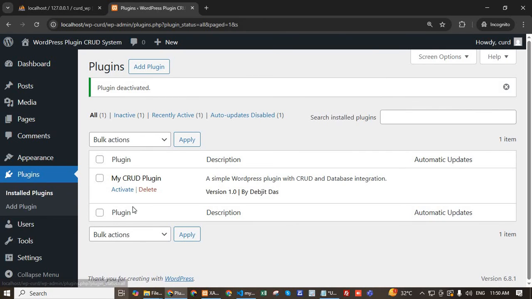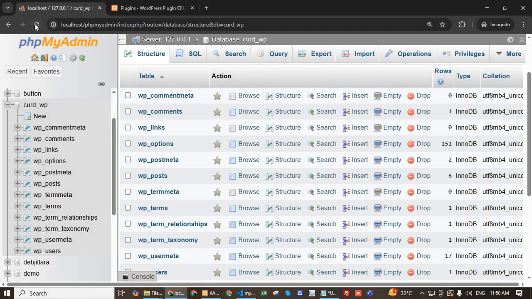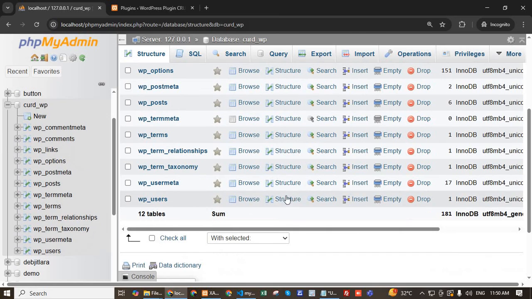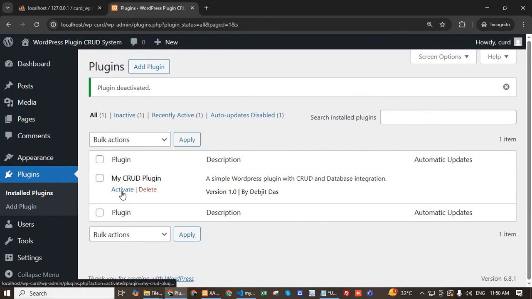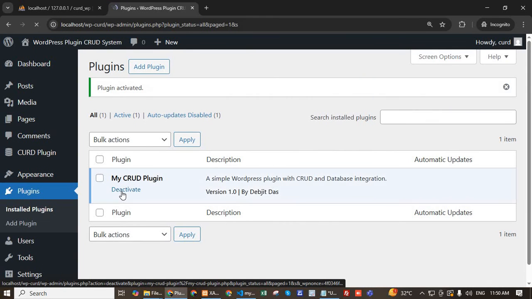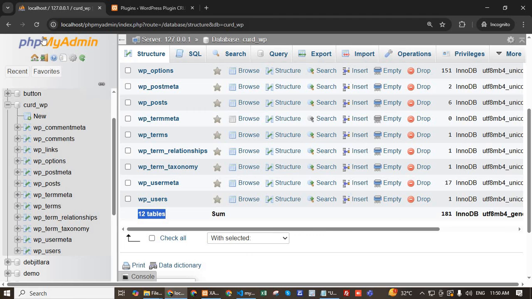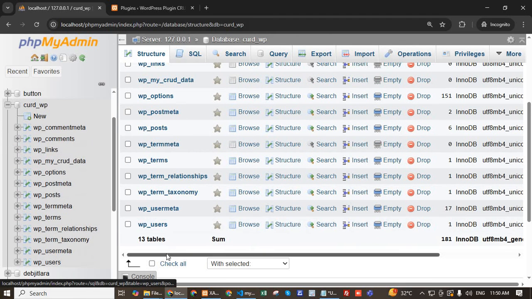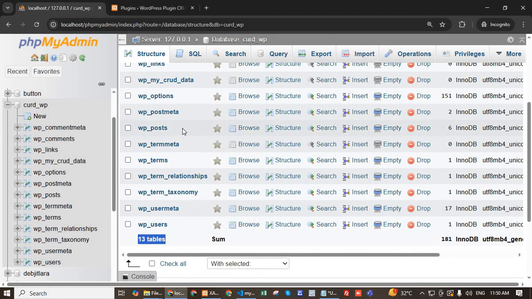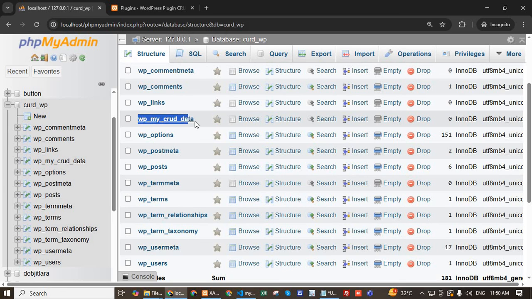But before activating the plugin, we go to localhost and reload the page and see the WordPress tables. Only 12 tables are present. Now click the activate button. Plugin is activated. Now go to phpMyAdmin and reload phpMyAdmin and see 13 tables and see wp_mycard_data,